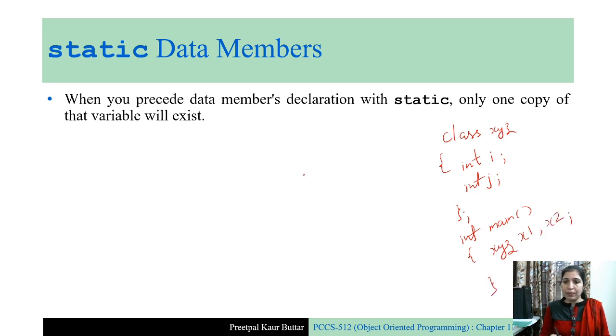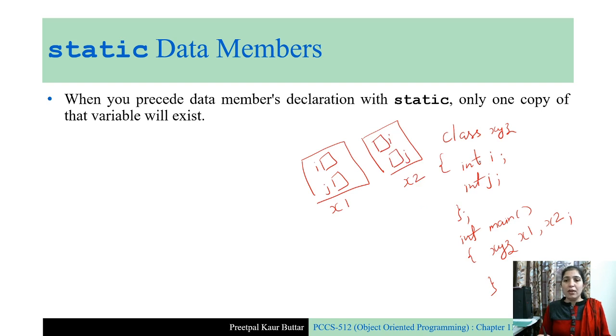Each object will have its own copy of i and j. x2 will also have its own copies of i and j.